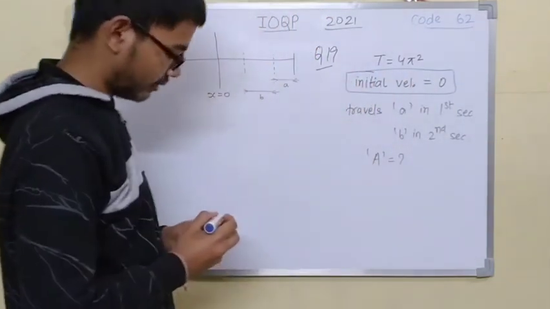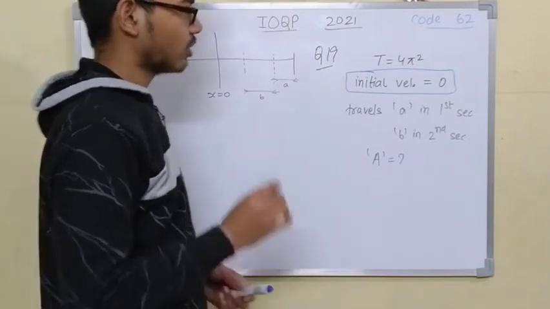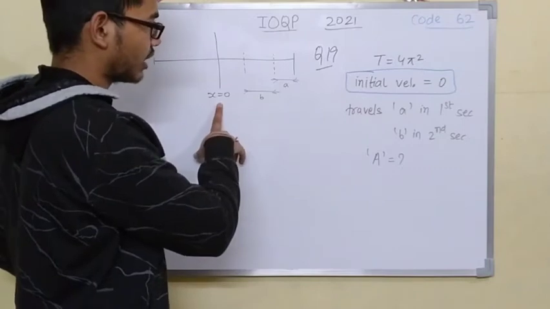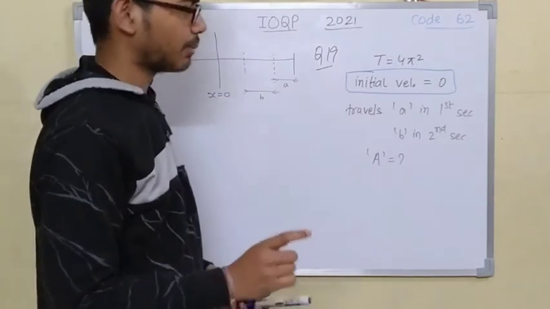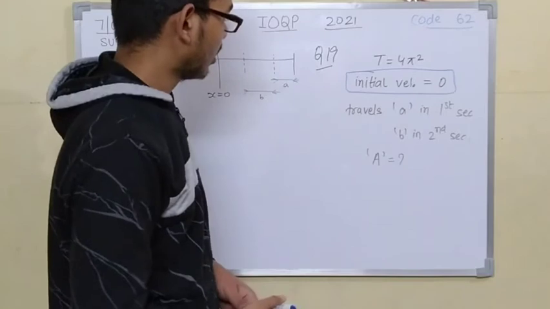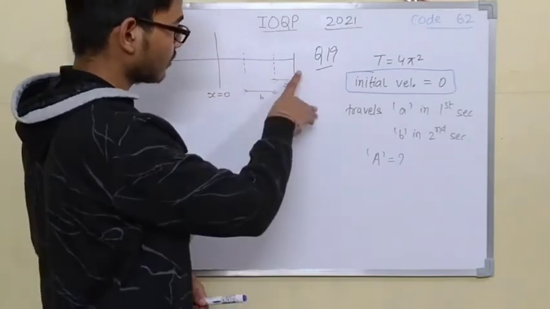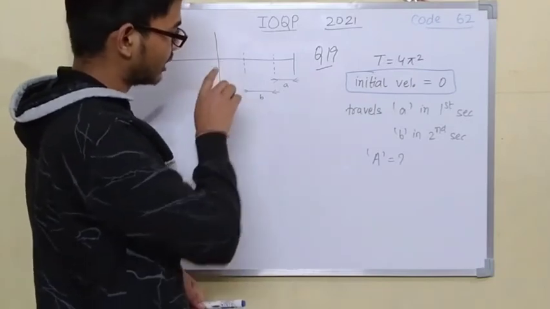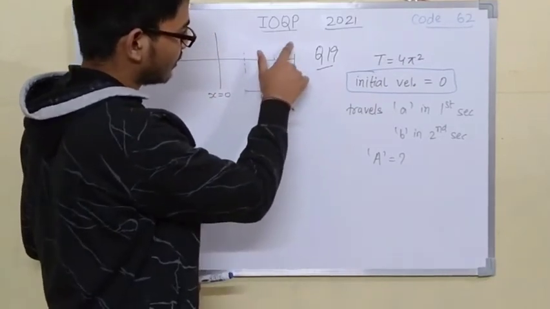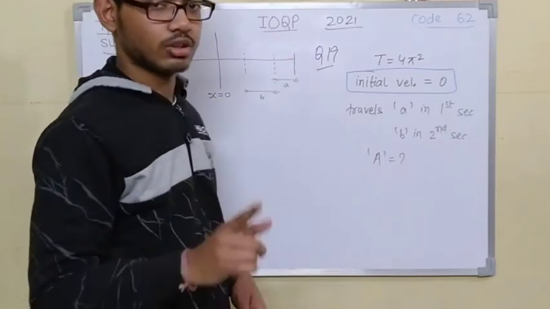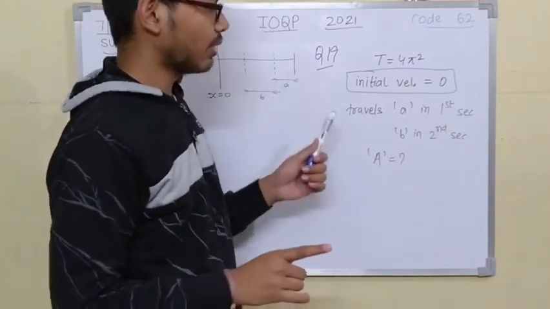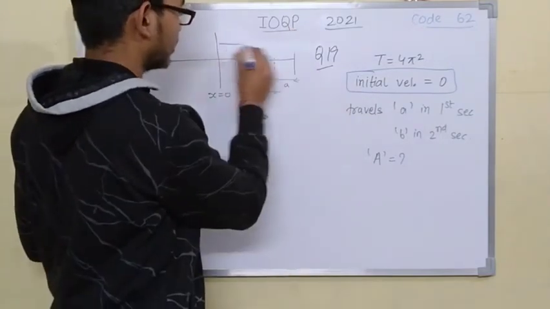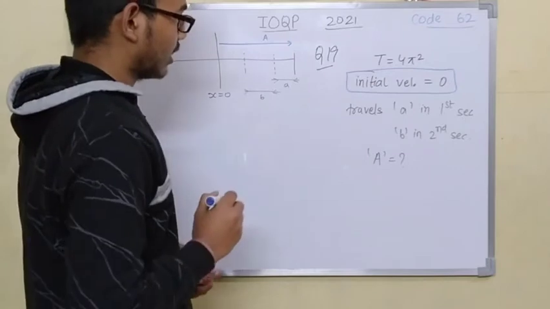From this what we can infer is that the SHM is not starting from the mean position itself. Mean position is this, but it is not starting there because at the mean position the velocity of the particle can never be 0, as we studied in the theory part. At the extreme position, as the particle goes here and then returns, for a short moment the velocity of the object is 0. Therefore, the SHM of that object is starting from this extreme, where this length is A.